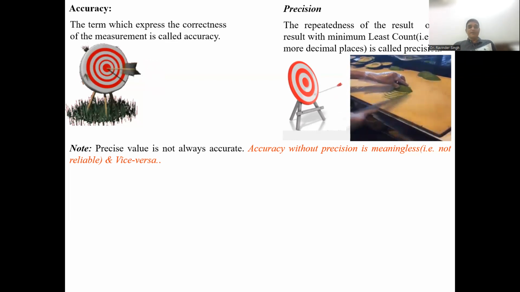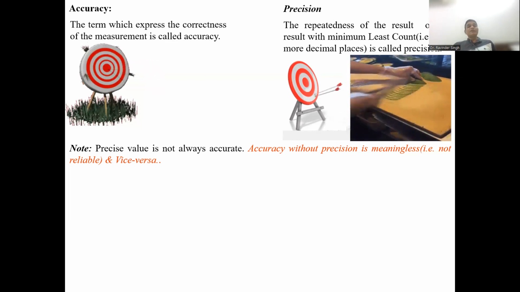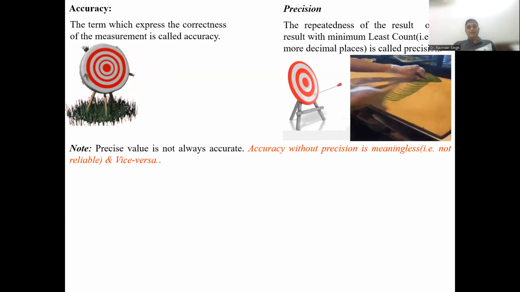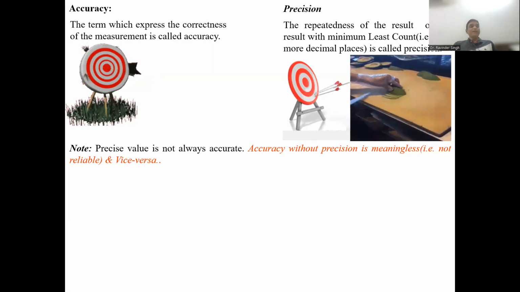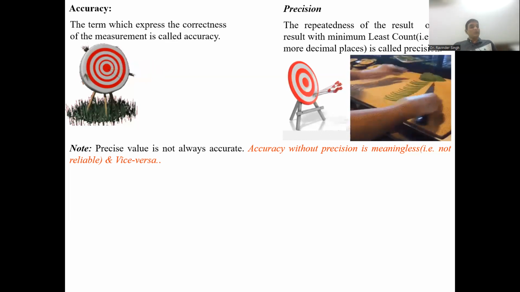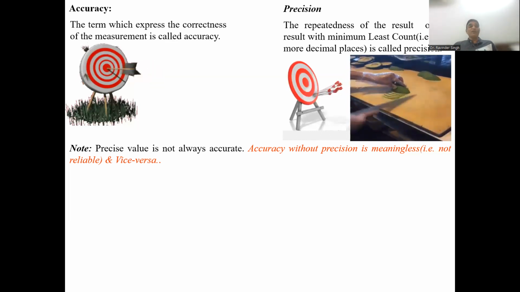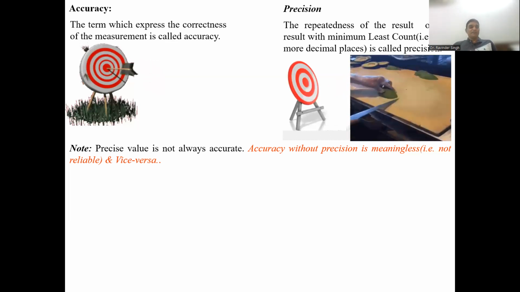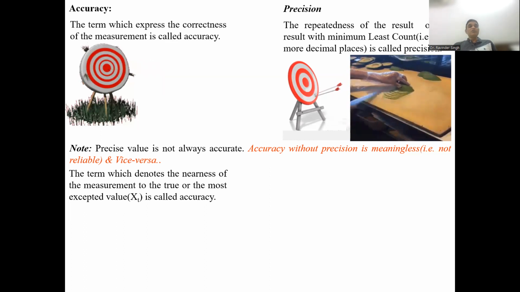and vice versa हम कह सकते हैं। मतलब आपका रिजल्ट एक्यूरेट है, आपने हिट किया सेंट्रल पॉइंट पे, अगली बार भी आप सेंट्रल पॉइंट पे हिट करेंगे, अगली बार भी आप सेंट्रल पॉइंट पे हिट करेंगे, तो मीन्स आपका रिजल्ट एक्यूरेट तो है ही, लेकिन साथ के साथ फिर प्रिसाइज भी हो जाएगा, क्योंकि रिपीटेडनेस आपके सेंट्रल पॉइंट पे हो गई। तो मीन्स कोई भी रिजल्ट अगर आपका एक्यूरेट है तो वो प्रिसाइज भी होना चाहिए, तभी वो रिलायबल माना जाएगा, अदरवाइज वो रिलायबल नहीं माना जाएगा।